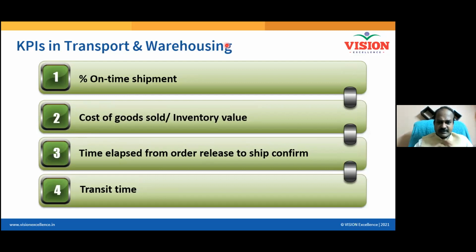What is this called? Cost of goods sold divided by inventory. That is nothing but the inventory turnover ratio. If the inventory turnover ratio is higher, your cash conversion cycle will be faster. It takes less time for you to convert the resources into dollars when your inventory turnover ratio is higher. Your inventory turnover ratio depends on the numerator as well as the denominator. What is the numerator? The business, the cost of goods sold. If the marketing team is good enough to sell your product as soon as you produce, the numerator will improve.